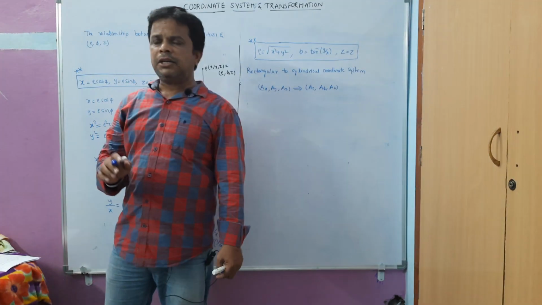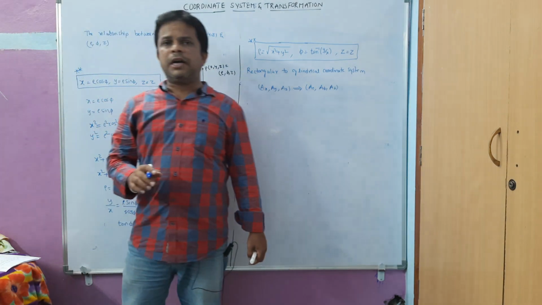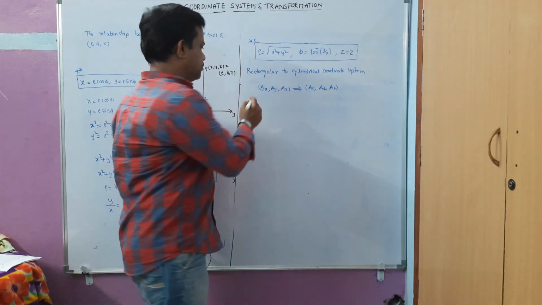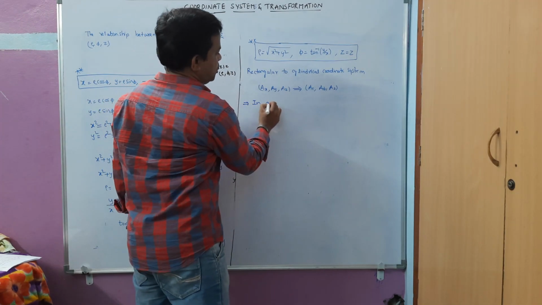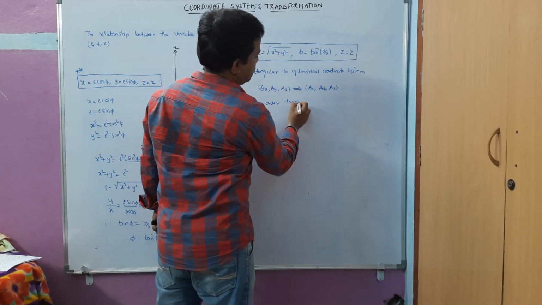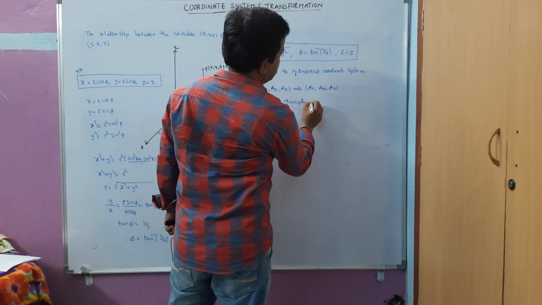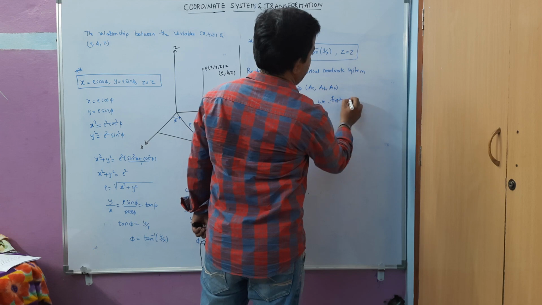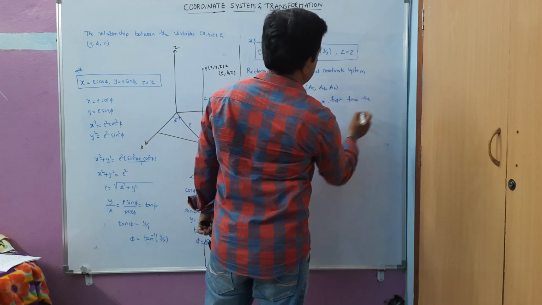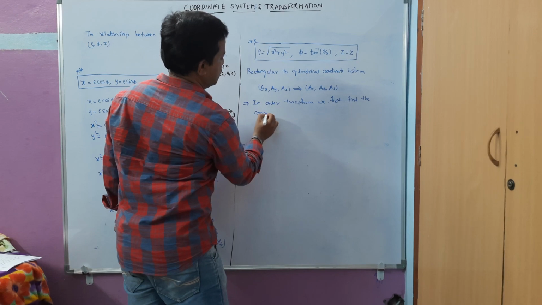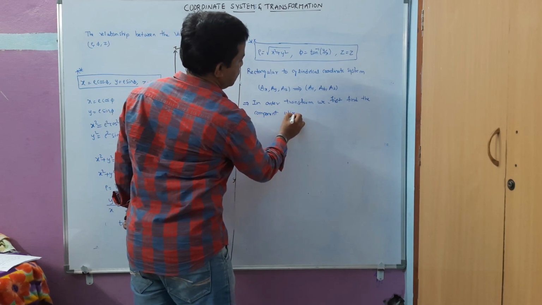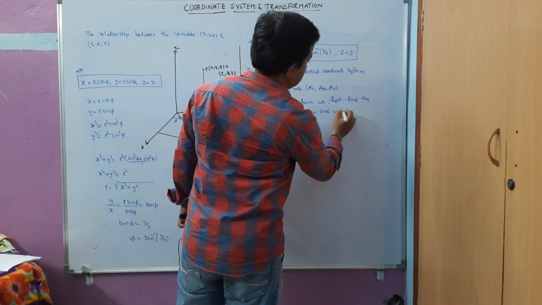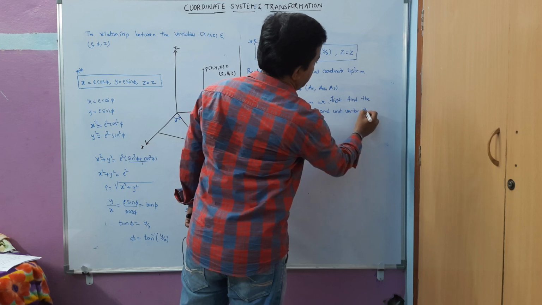The transformation of rectangular to cylindrical coordinate system requires that we find the components of a rho, a phi and az. So in order to transform, we first find the components using vector and unit vector dot products.